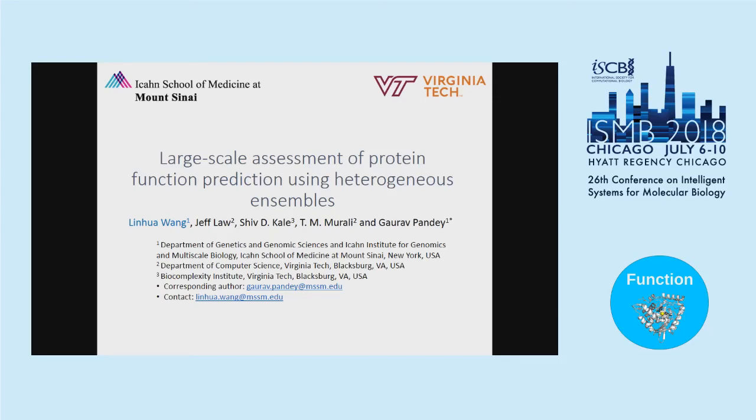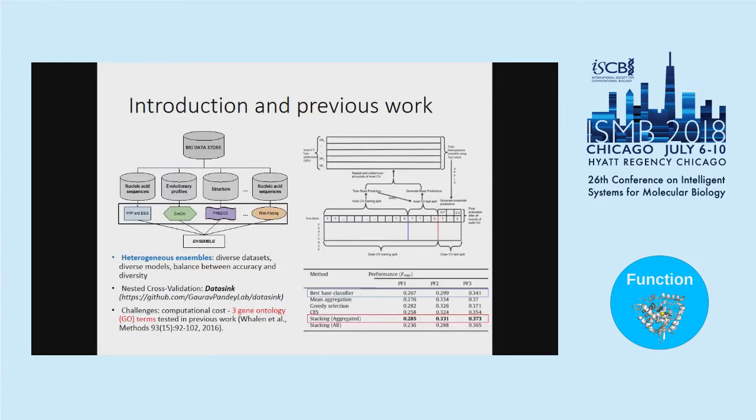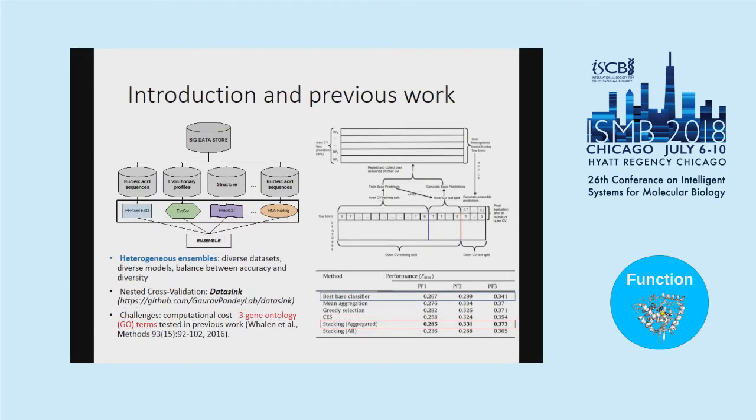Today I'm going to talk about large-scale assessment of protein function prediction using heterogeneous ensembles. For protein function predictions, different people might use different software models like PFP, ESG, Evoco, Prisco. Heterogeneous ensembles allow the inclusion of diverse models without restrictions on their types or number. But the question is whether or not heterogeneous ensembles can improve performance compared to just using one single predictor